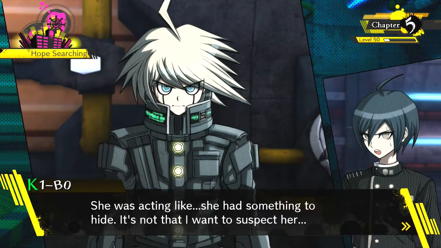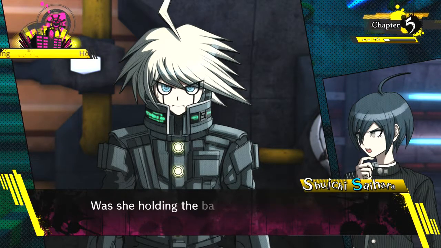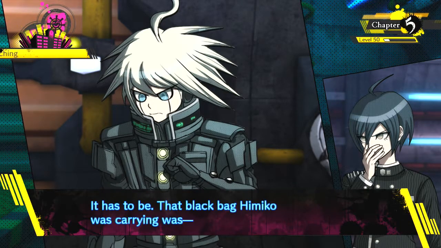Why? She was acting like she had something to hide. It's not that I want to suspect her. You're right. True, it is suspicious. Hey! You said you saw her come back as well. Was she holding the bag at that time? Well... Now that I think about it, she didn't. So she had it coming in, but not leaving. Black bag? Any clues? Any ideas, Shuichi? It has to be. That black bag Himiko was carrying was...